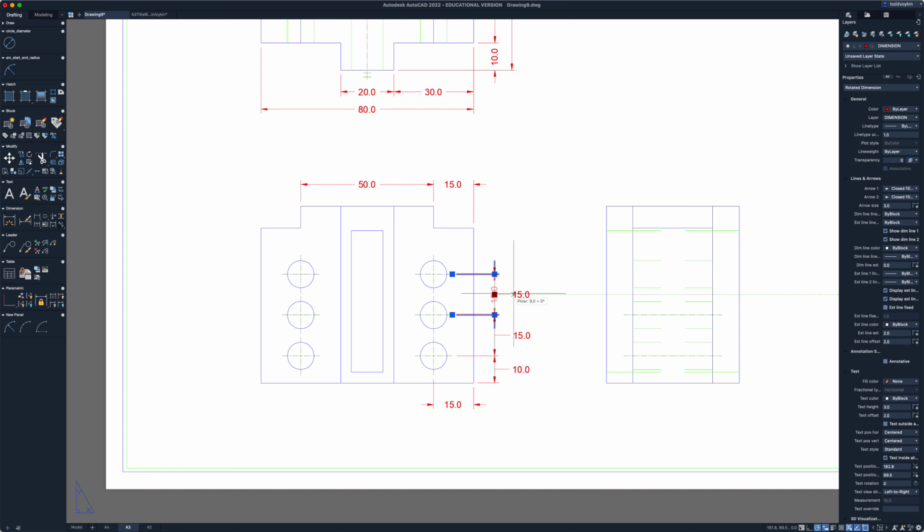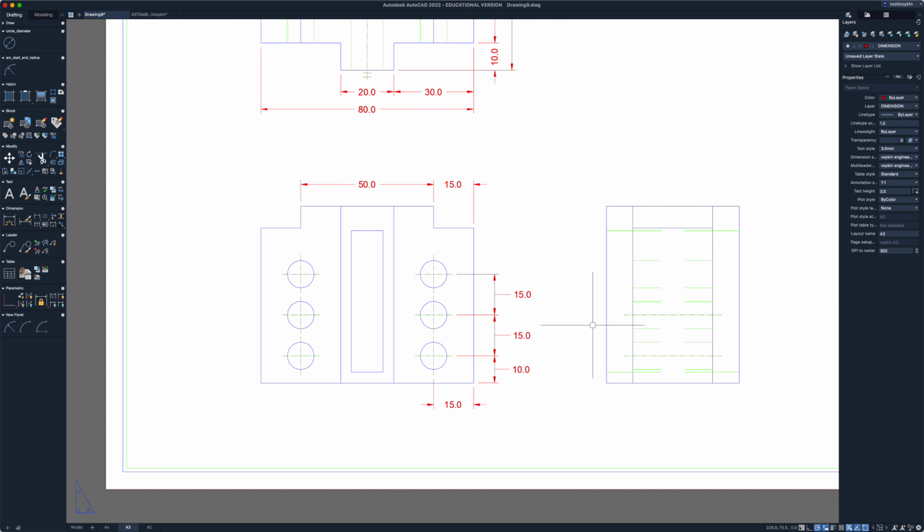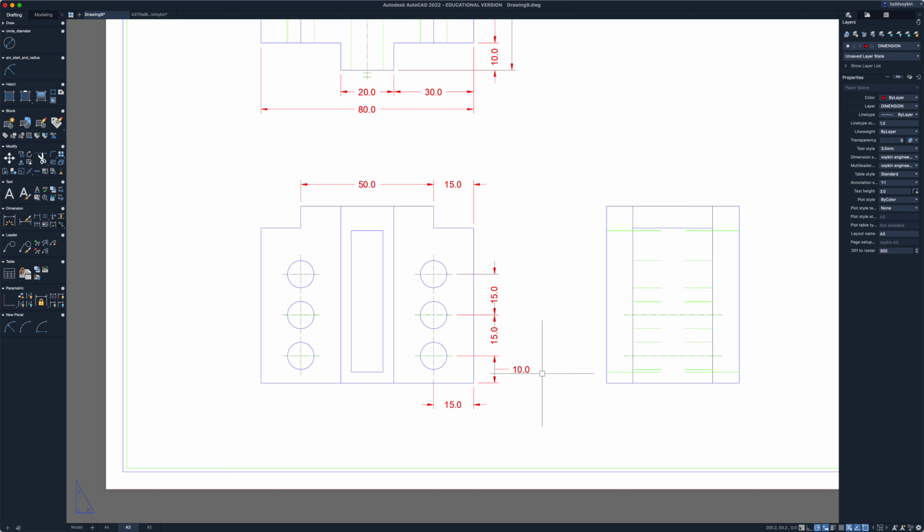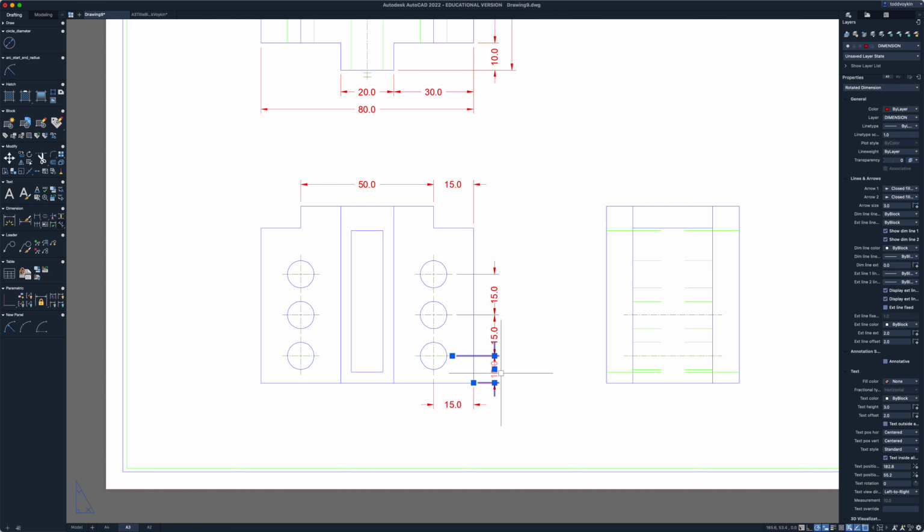I'm just using my crosshairs to sort of line those up. You know, I can see they're slightly off, so I could use some dimensioning or type in some numbers. I just want to see if that will actually work. So if we put it back to the way it was and click on here and hover, move with leader,